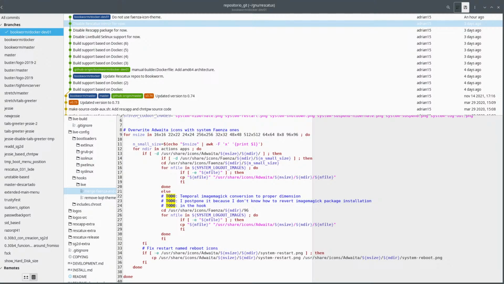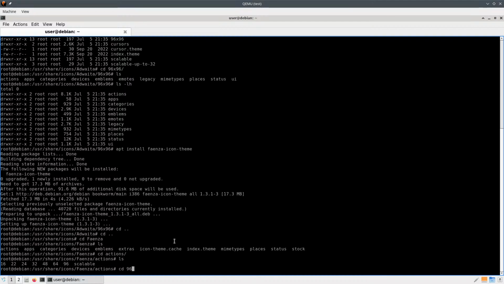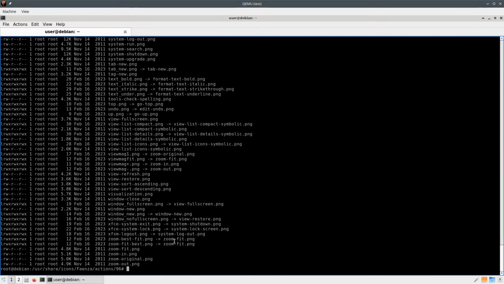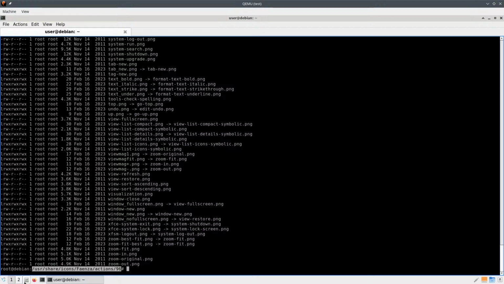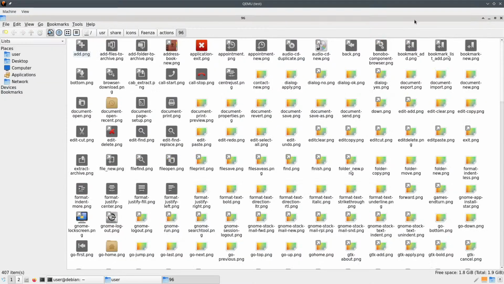So the directory is actions app. So in actions we have 96, and that's where, can we go here thanks to this thing which I have, PCman? Yeah, new tab, and then PCman whatever. Let's just, what the hell, look at that. Here we have this 96 stuff,